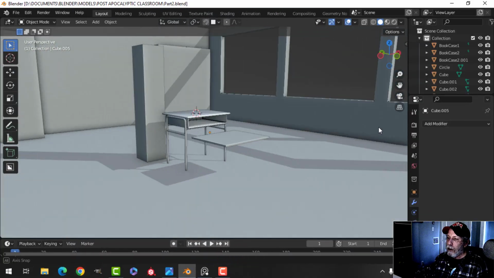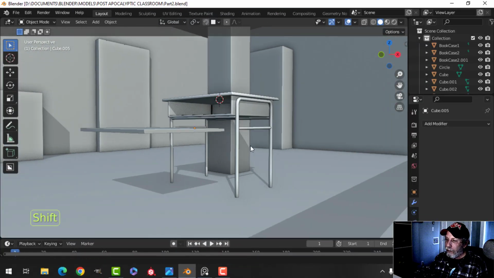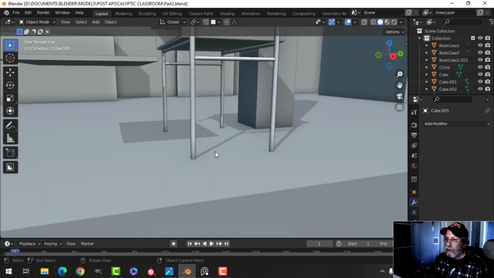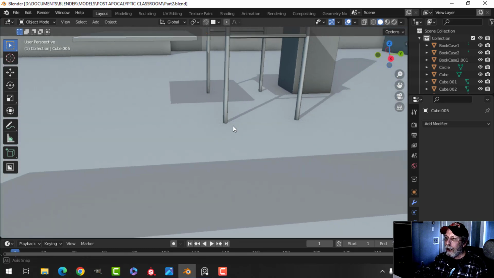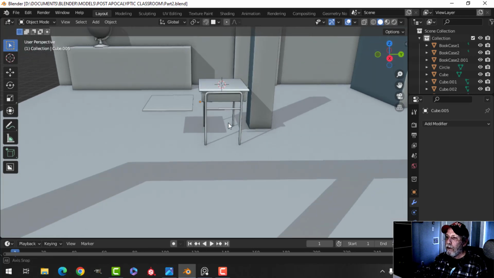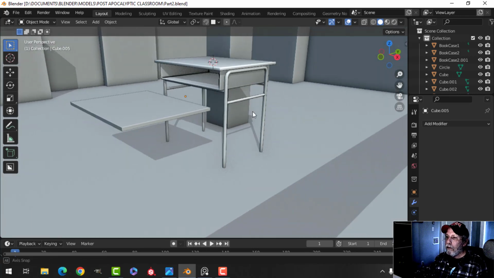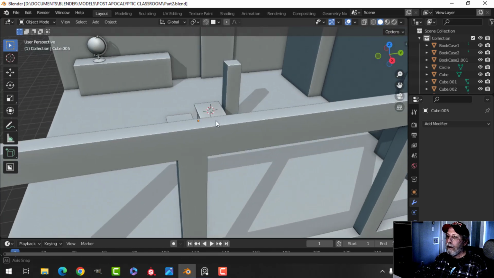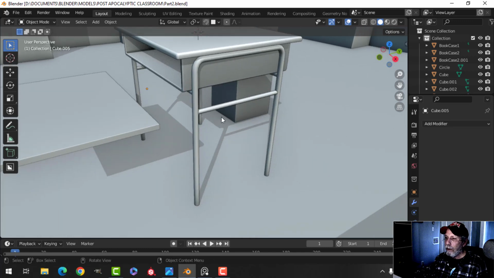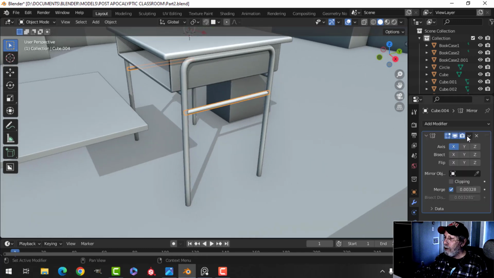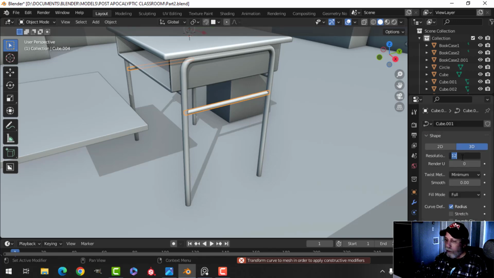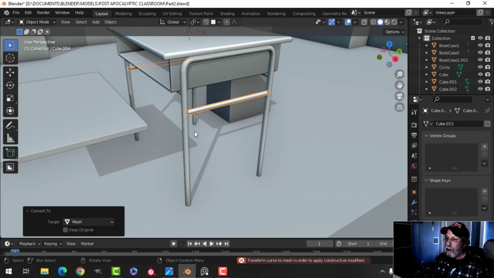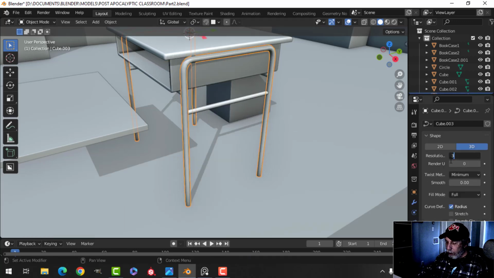All right, so feet. What to do for feet? I don't really feel like doing anything for feet right now. So what I will do is, I'm pretty good with those dimensions. I might change a little bit. I think what I'll do is I'm going to start applying stuff. No, it's a curve. So I'm going to change the resolution on this to 3. And I'm going to convert it to a mesh, and that'll apply the mirror as well. I'm going to use 3 on this